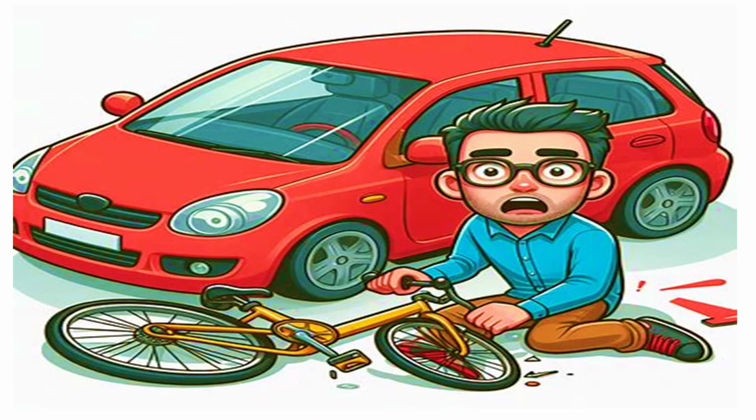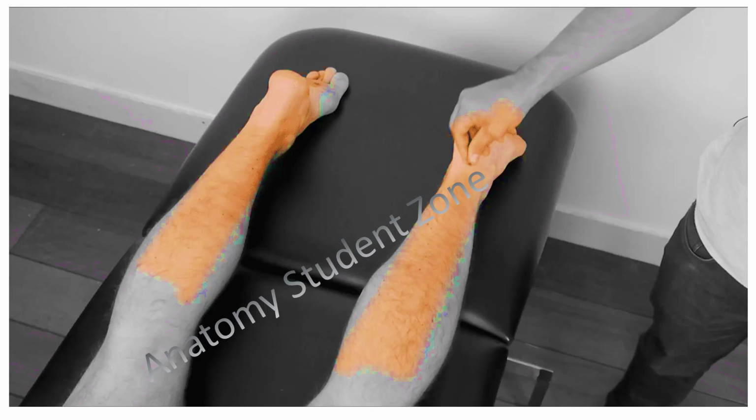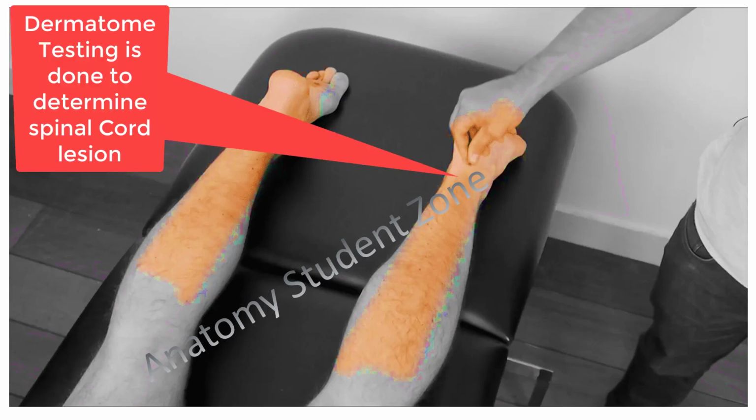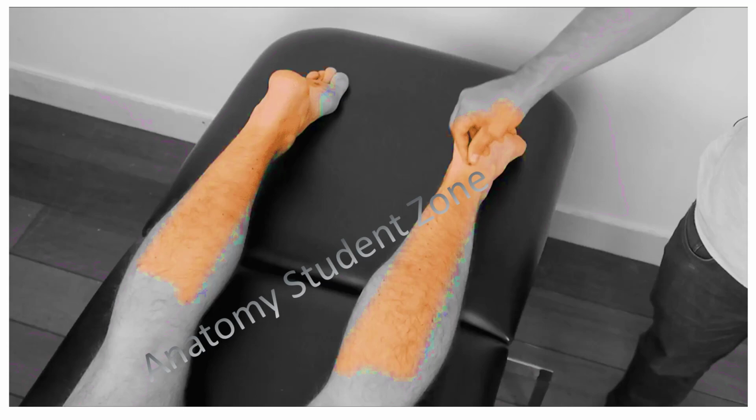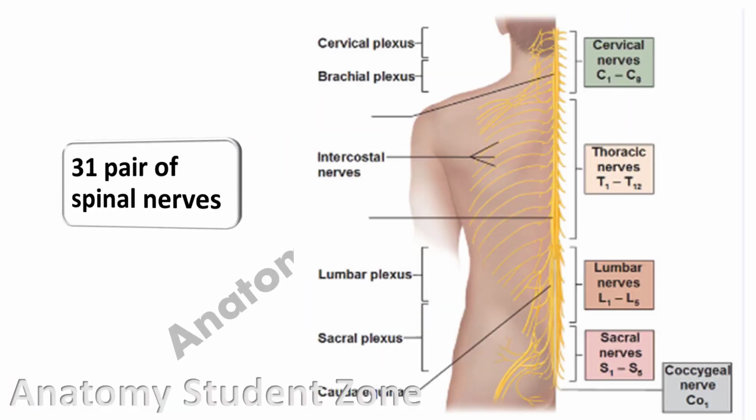On the clinical side, if a patient comes to you with a traumatic injury that is involving the spinal cord, you will have to test these dermatomes. As I told you, they have great clinical significance. Why do we test dermatomes? It is because we want to determine whether there is a spinal cord lesion or not, and if a spinal cord lesion is present, what is the extent of that lesion. But remember, light touch and pain will be tested separately, as their fibers travel in a different path of the spinal cord.